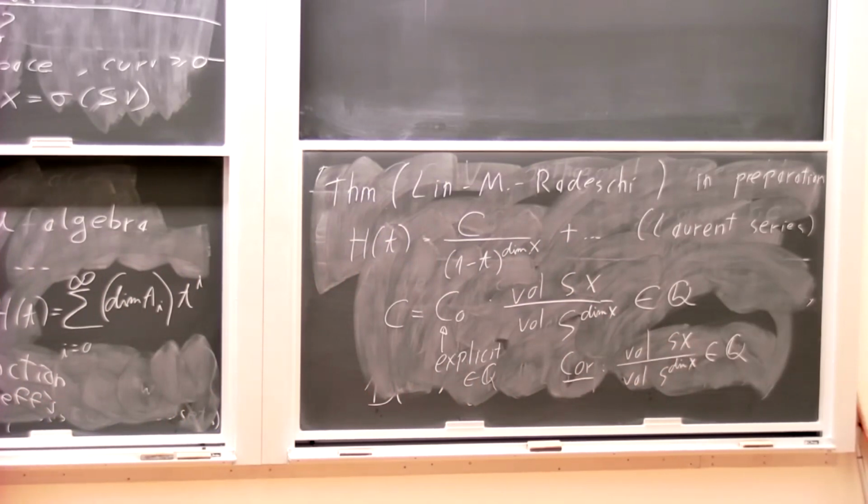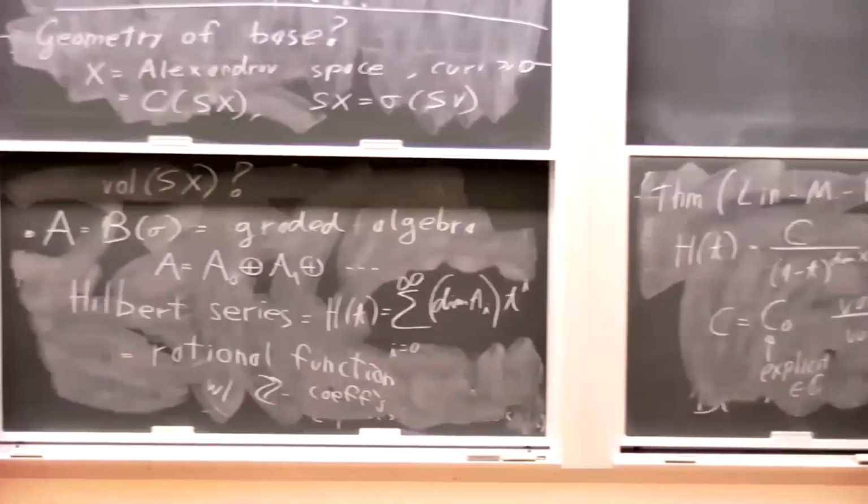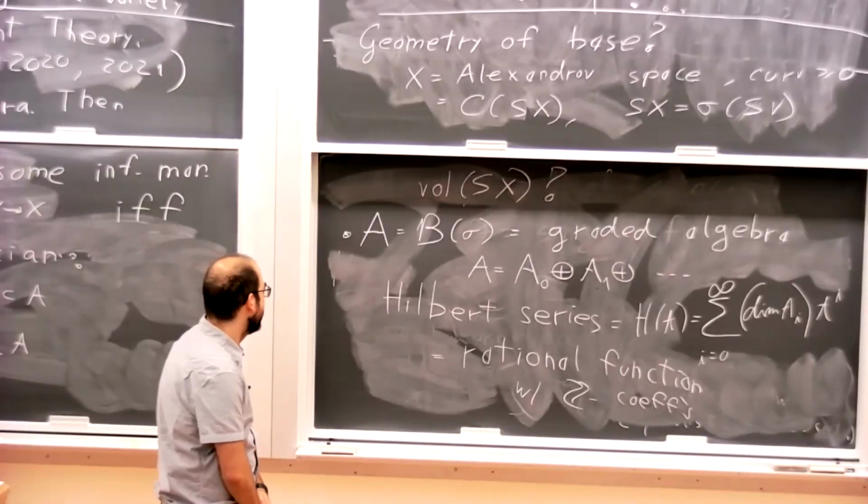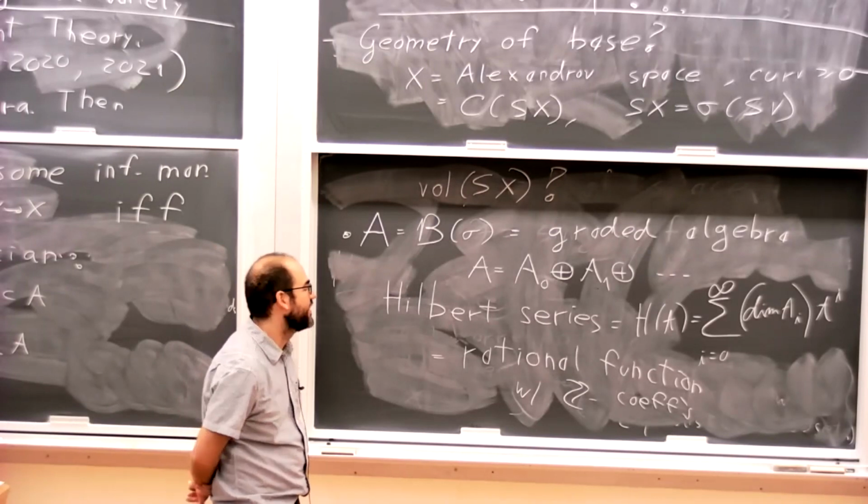Do you have any questions here so far? Can you say something about the poles of your function? Do they have any meaning? Yeah, I think t equals 1 is the only pole. It has the only pole. I think so. Yes, I think so.